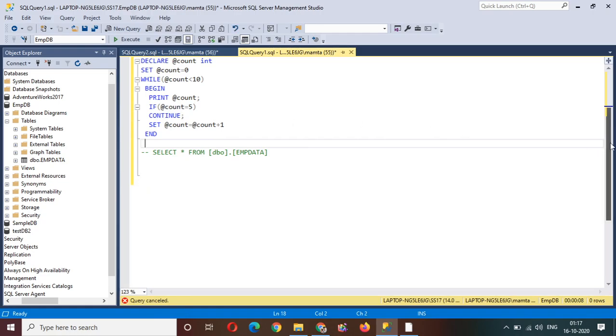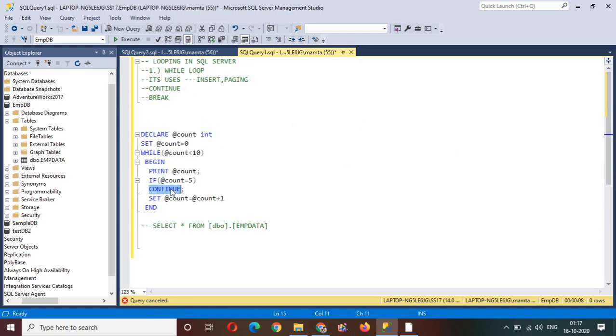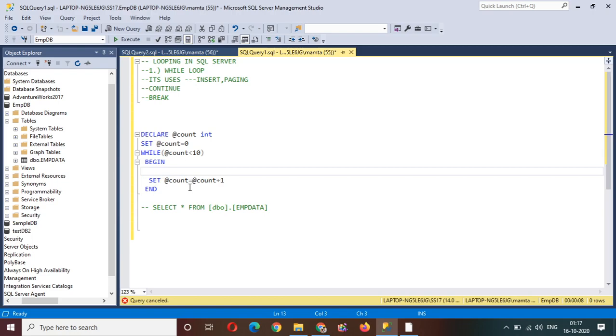So now the main question is where we can use the continue statement. Let's suppose you want to iterate from 0 to 10 and print the even numbers. In that case you can use the continue and break statements. Let me show you how we can do it. Let's say 0 to 10. Instead of this, let me delete this. And I want to check, let's say,